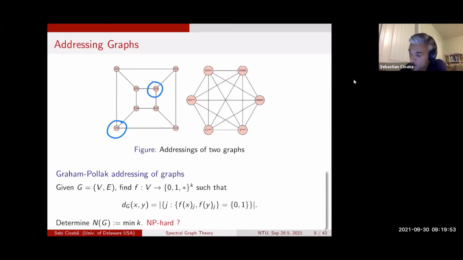And then in order to find the shortest path, I can move from 0, 0 to a vertex where this Hamming distance is decreased. So you move there, and the Hamming distance is 2, and you move here. The Hamming distance is 1 between this vertex and the target, and then you move there. Now the problem is, this works fine on these graphs, but there are other graphs on which you will